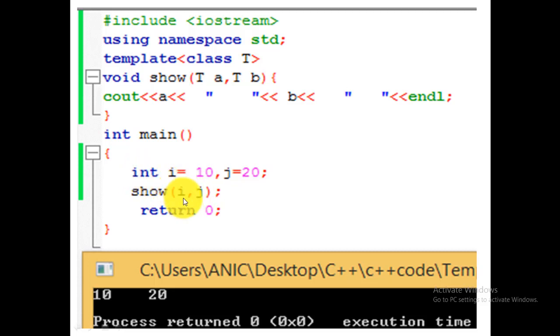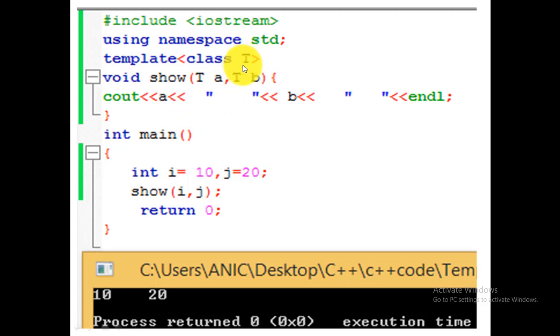We know that these are integer values. So what happens is, the compiler goes through the code and gets to know that i and j are both integer type values. So when we call the show function with i and j as parameters, in show it will get to know that it's a template, so the integer data type will be saved in T, which is a placeholder.